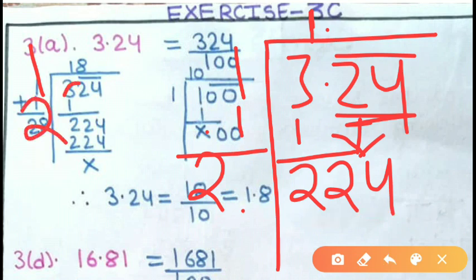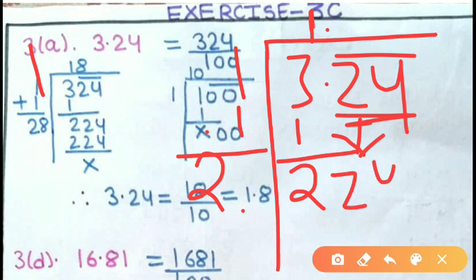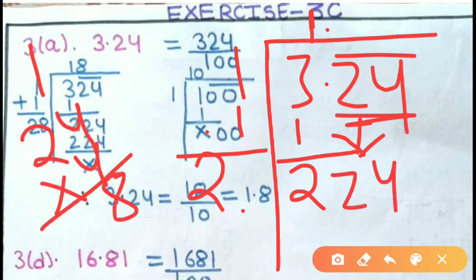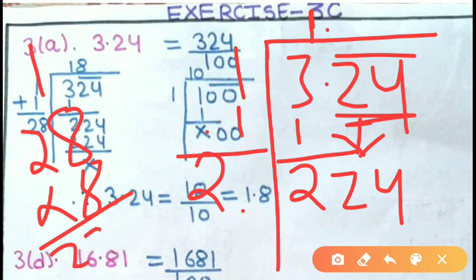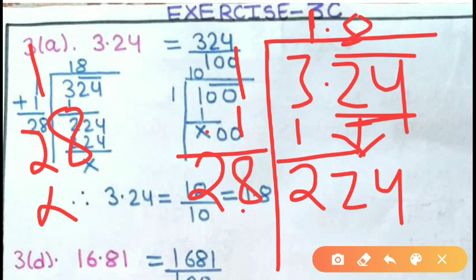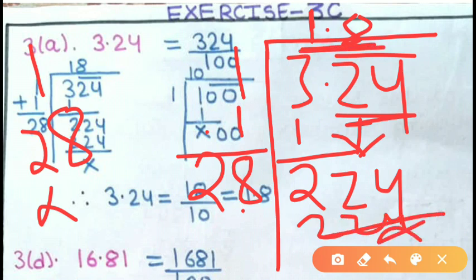So first check 2 multiplied by 2, this will give you 44, but this is 224. Now check 24 into 4, this will give you 96. Now in the same way, when you check 28 into 8, this will give you 224. Clear? Means right here 8, here 8, and 224 will be cancelled. So 1.8 is your answer.